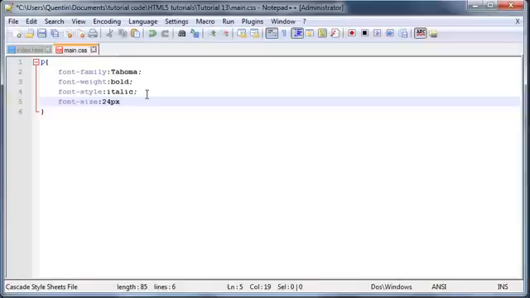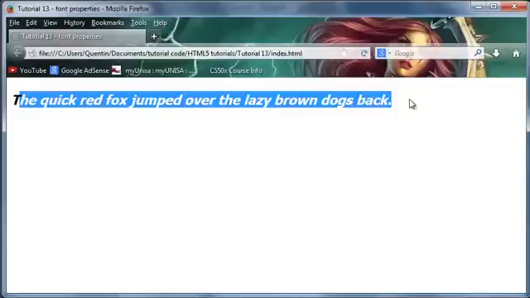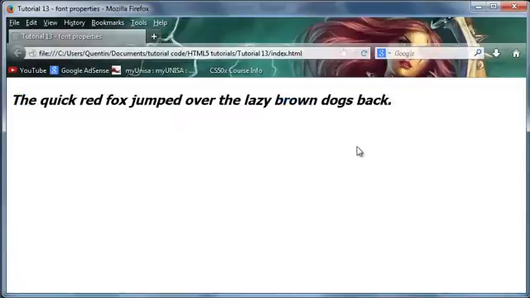So we'll go ahead and say 24 pixels. Okay, and now it should actually pretty much double in size. So when we go ahead and click refresh, you can see the text is much bigger. Okay, so those are the 4 different properties that we can work with in CSS when we're working with fonts,